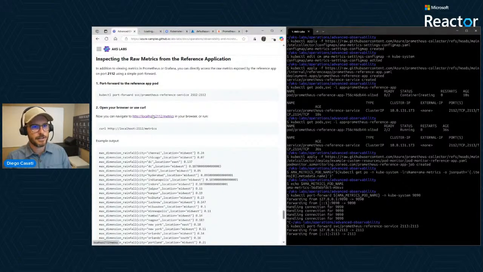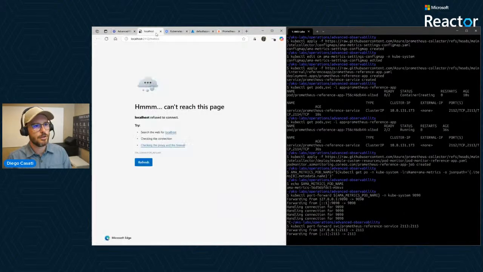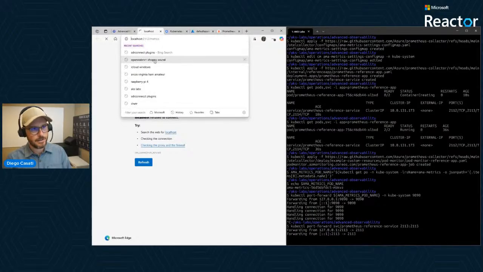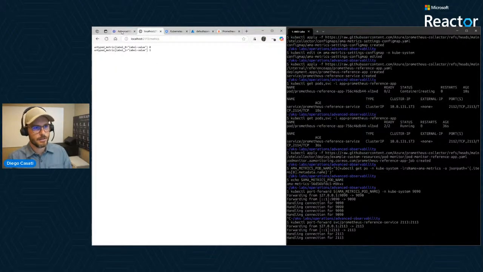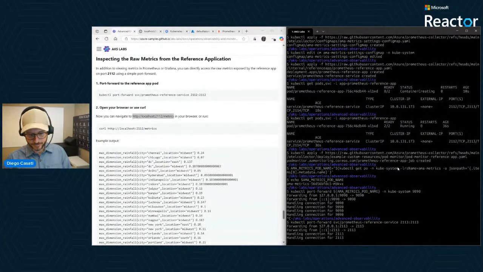And then I can either curl or just point my browser to this here, which is 2113, not 2112. And it's probably still coming up with some stuff in there because it didn't show. But these are generic values that the pod will have.